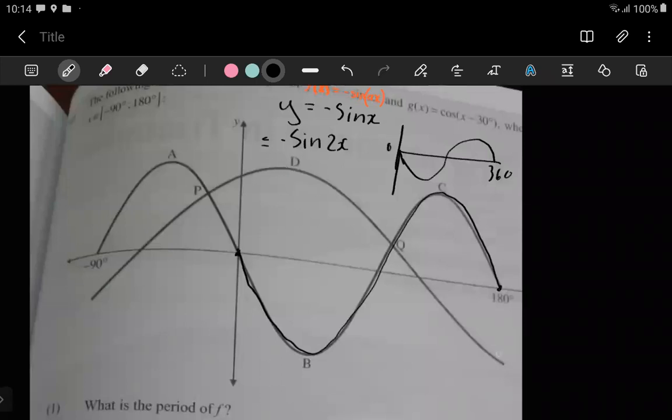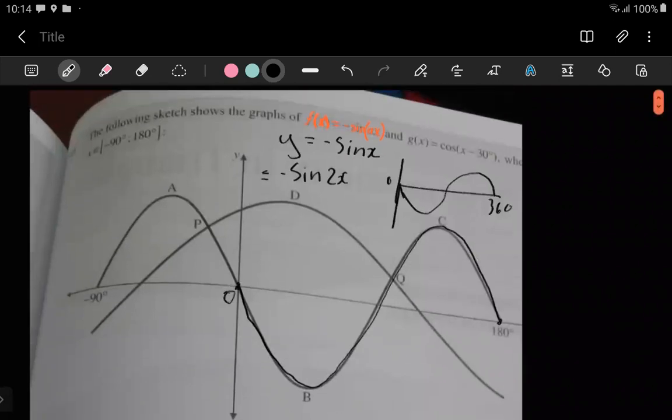If it were a sine graph that was not moved to the left or to the right, it has to pass through the origin, you see. So that's where knowing what your sketch looks like and knowing what your equation looks like, those two things work together. So here you can already see it's a cos graph,